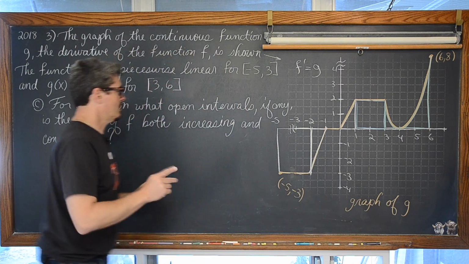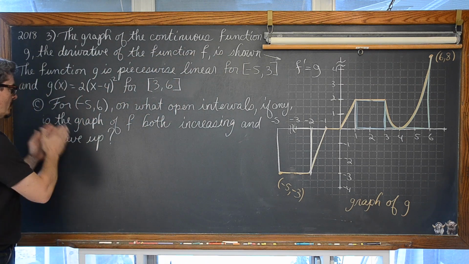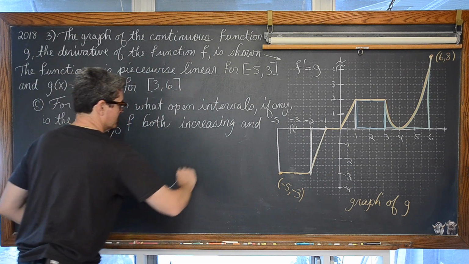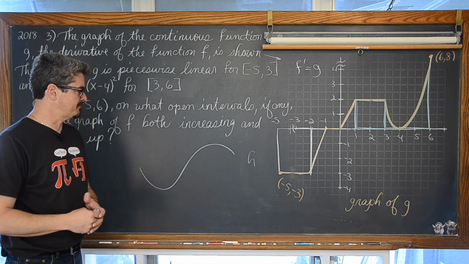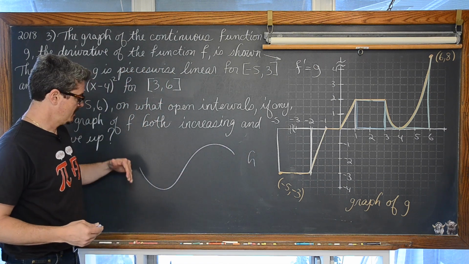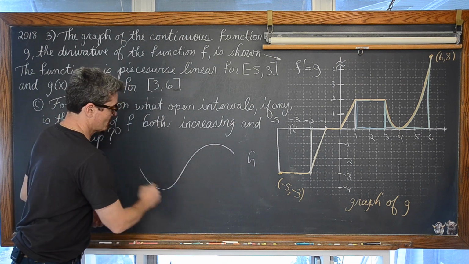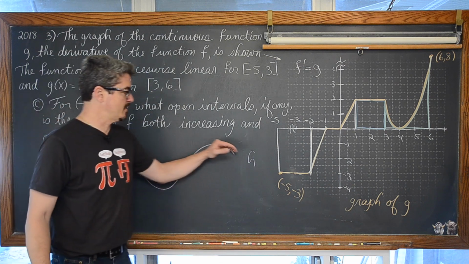But now we also want to combine that with not only where f is increasing, but where it is concave up. Okay, well if I draw a function here, and let's just call this h, where is this function h concave up? It's concave up where it kind of creates an upward bowl, maybe somewhere from around here to here. Then there's a point of inflection, and it appears to be concave down.